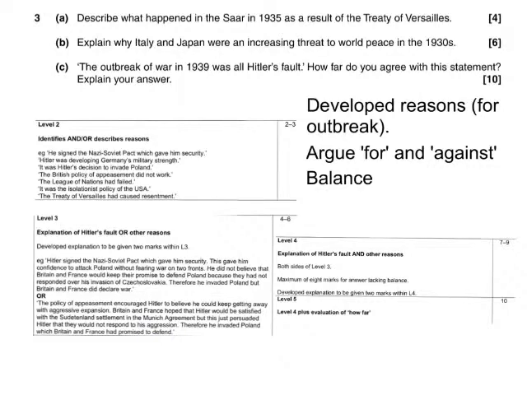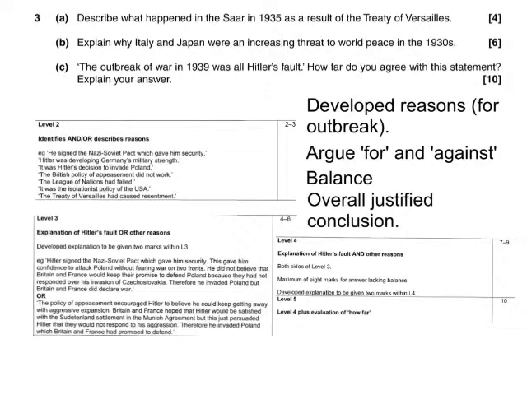Overall justified conclusion. Okay, and that is where I state what I think the main reason for the outbreak of war would be. What is the biggest reason? Okay, now the reason I just mentioned the word justified here is the how far evaluation basically means I've got to come down on one side of the argument at the end. Having made a balanced argument, I then state which I think is the most legit reason.